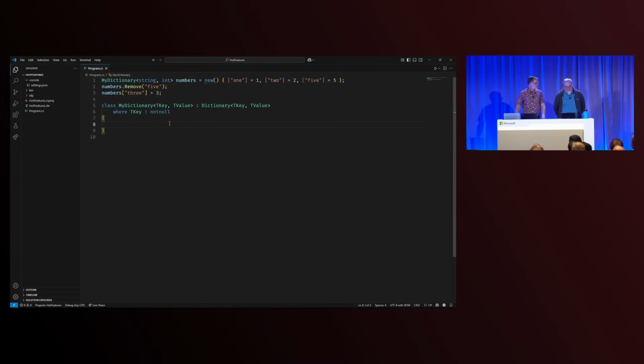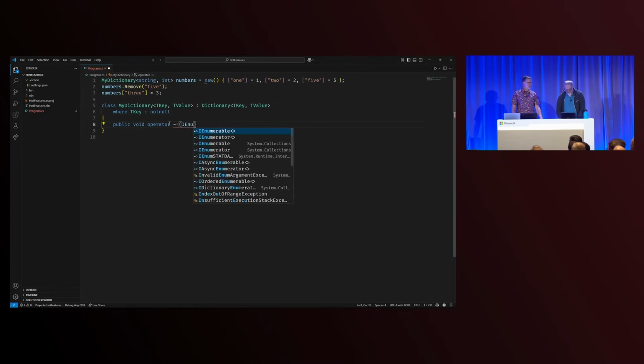So you're going to have to help me because I do not remember how to type operator overload declarations ever. I look it up every time. Or ask Tanner. I ask Tanner. I will help you with this new syntax. Okay. So public void. Oh, okay. That took a turn. That's different. Operator. Okay. That wasn't so surprising. Minus equals. Okay. And then let's do an enumerable of TKey. Okay. And I call it keys.